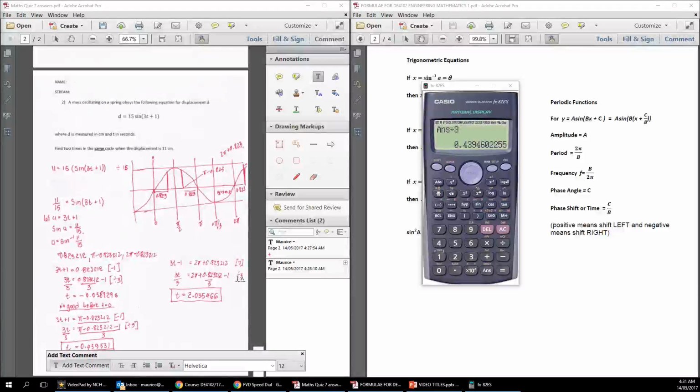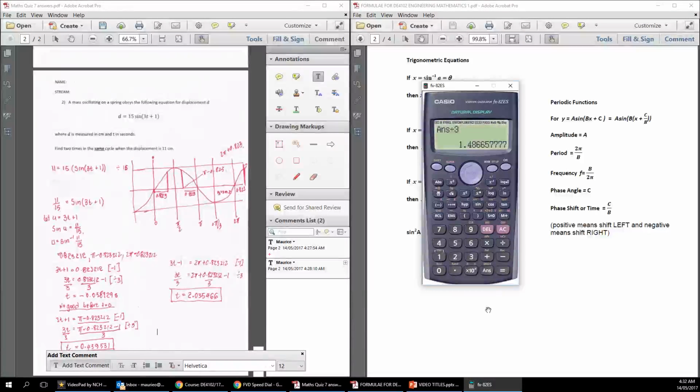And so let's do that on the calculator. So shift pi times 2 equals minus A minus 1 equals, divide 3 equals,